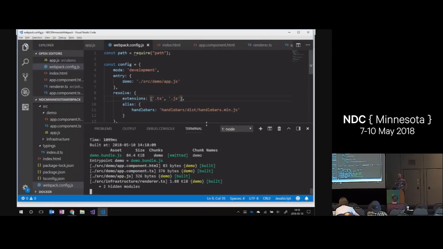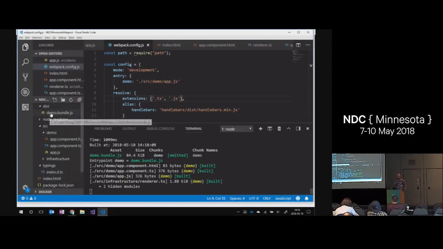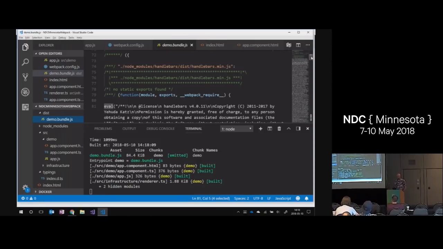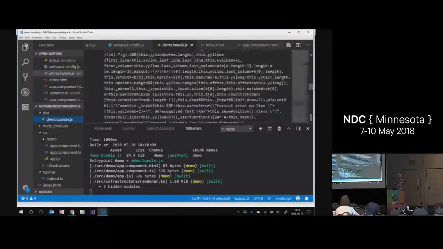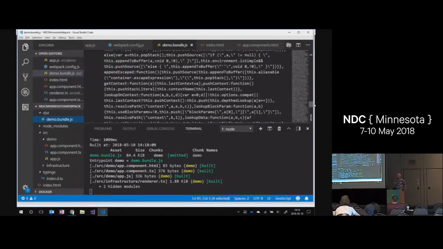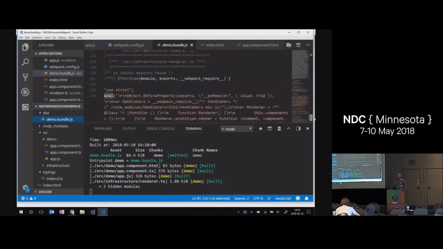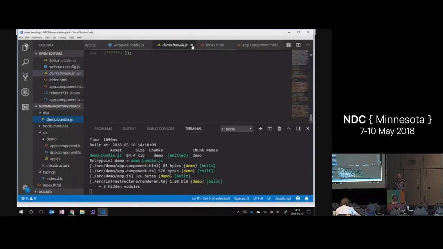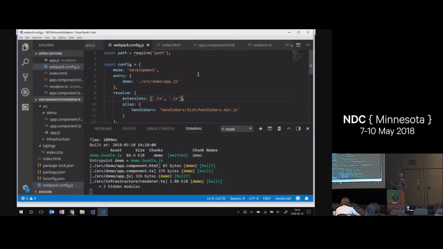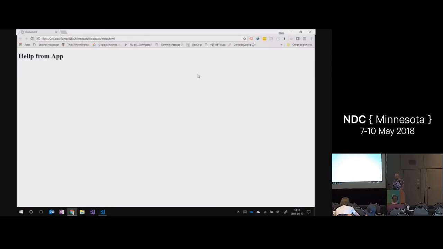That now runs, and if we look at my source code, or my bundle, you'll now see that my bundle has grown a little bit because it now includes handlebars as well, and then my stuff at the end here. So the bundle contains everything needed by Webpack to handle the module loading, as well as handlebars, as well as all of my code. And if I go back out here and I refresh, it says